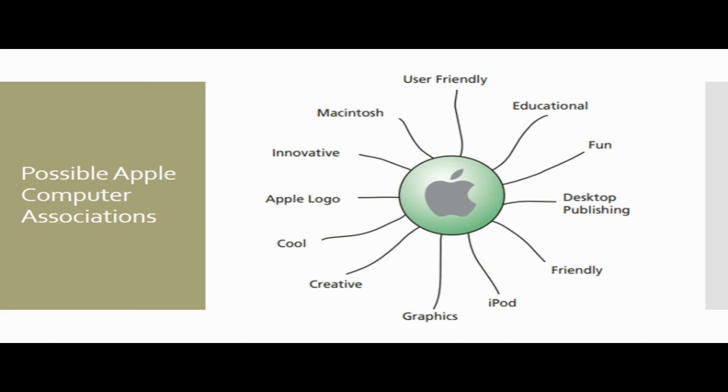Associations come in all forms and may reflect characteristics of the product or aspects independent of the product. For example, if someone asks you what comes to your mind when you think of Apple computers, what would you say? You might reply with associations like well designed, easy to use, or leading edge technology, etc. So this particular figure that you can see on the display or screen displays some commonly mentioned associations for Apple that consumers have expressed in the past.